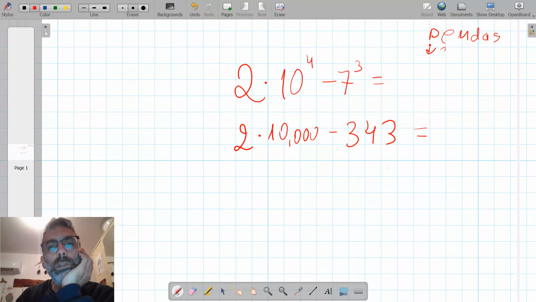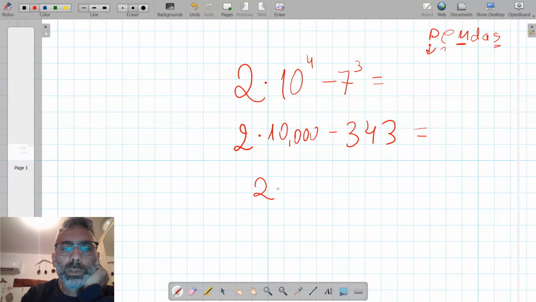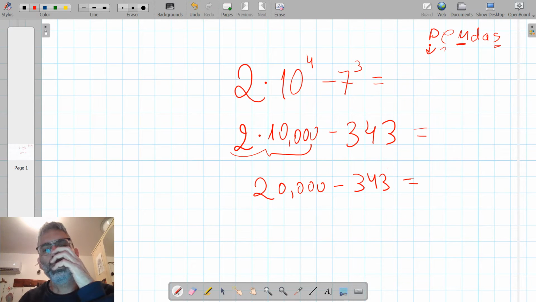Okay. Now the multiplication comes before the subtraction. Okay, so 20,000. I evaluate this first. So it's 20,000 minus 343, which equals, okay, 20,000 minus 300 is 19,700